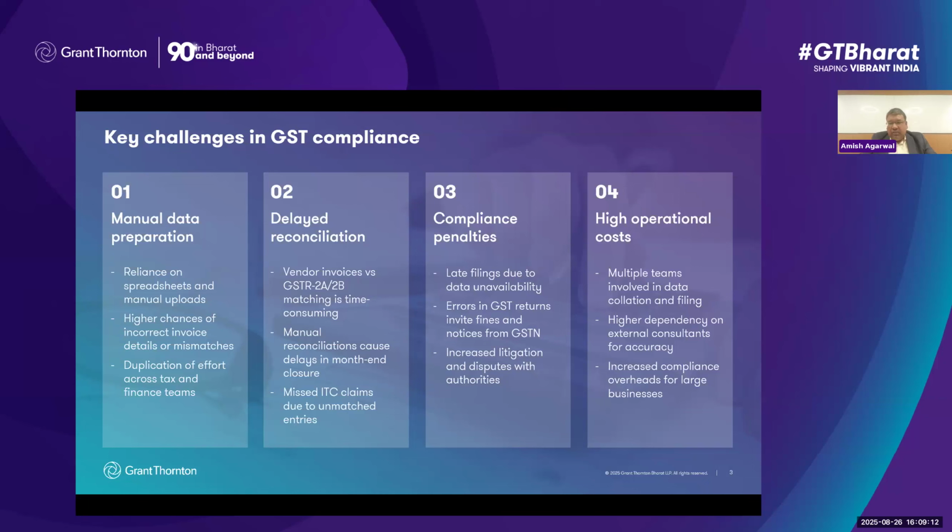Thirdly is the compliance penalties. So again, spending too much time on data, taking it out from the ERP, preparing it manually, putting it into the utility formats, all may lead to late filings due to data unavailability or due to data not being prepared in a final manner. This leads to errors in GST returns, which invites fines and notices from the GSTINs. Now, manual data entry may also lead to incorrect filings, differences in the numbers across returns. So, let's say, for example, a different number in 1 and 3B,